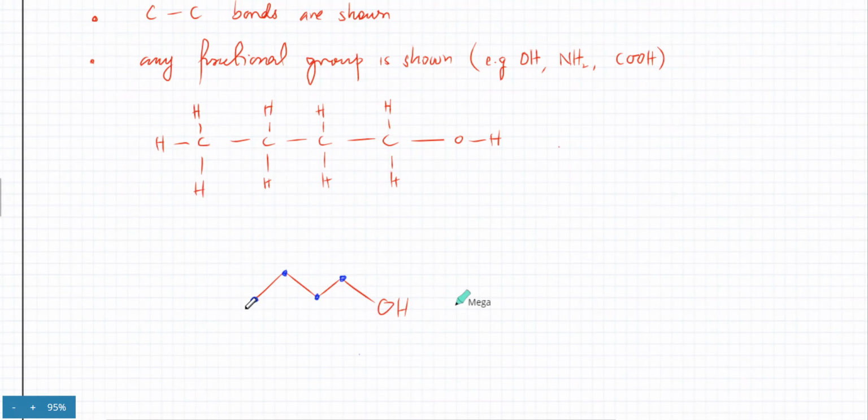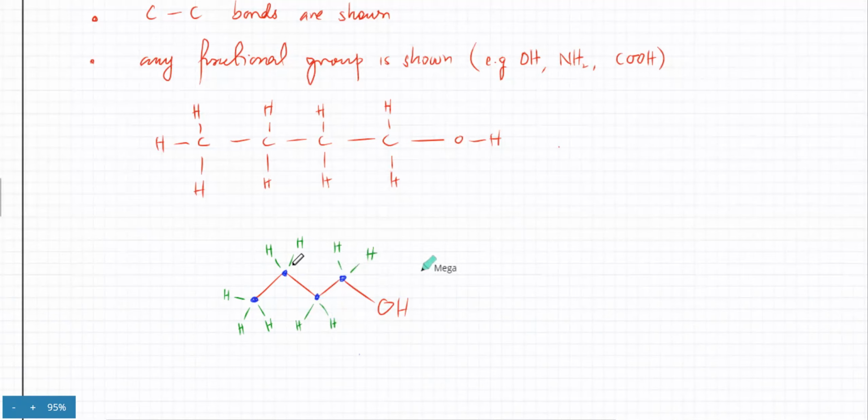The hydrogens are never shown. You can figure out the hydrogens on your own. Like this carbon atom right now is making 1 bond. So how many hydrogens should be attached to this carbon atom? If I add in the hydrogens, there should be 3 hydrogens attached to it. Then this carbon atom over here is making 2 bonds right now. So how many hydrogen atoms should be attached to it? There should be 2 hydrogen atoms attached to it. The next one is another carbon atom, and there would be 2 hydrogens attached to it. And this one is also making 2 bonds, so there would be 2 hydrogen atoms attached to it.